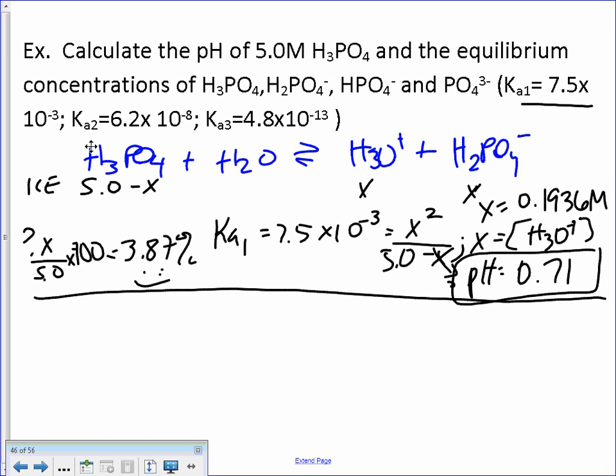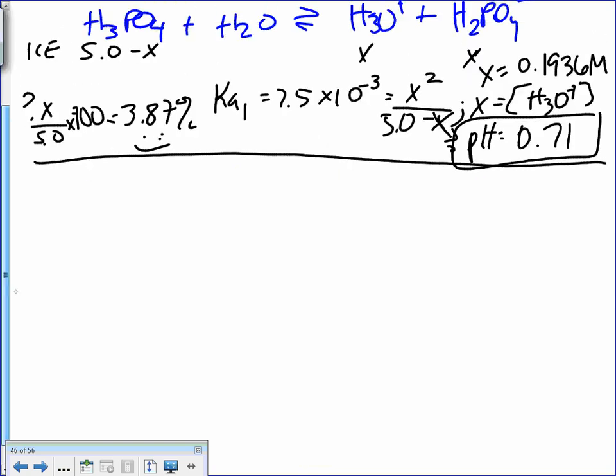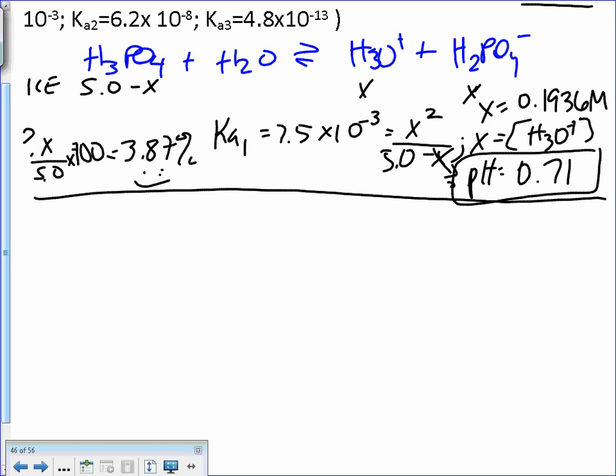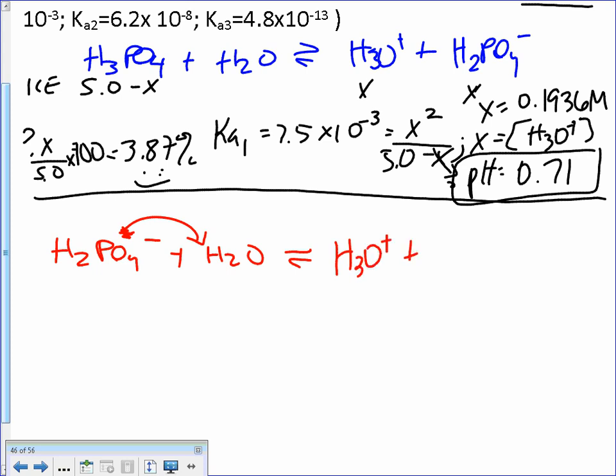So my second ionization, I'm going to have some stuff already present in I of ICE. So my second one, I'm going to take that ion over there, and I'm going to ionize it, or allow for the deprotonation to occur, sorry. So H3O plus and HPO4 2 minus. This is Ka2 that's going to be representing this. But what do I already have present at the I for ICE? What do I already have present? So X, which is here, which is